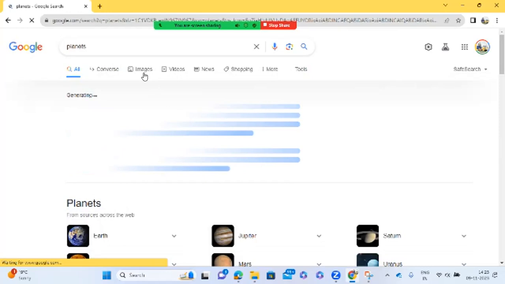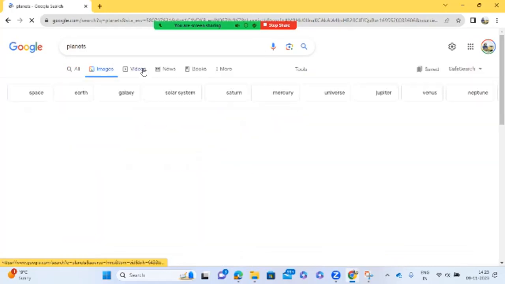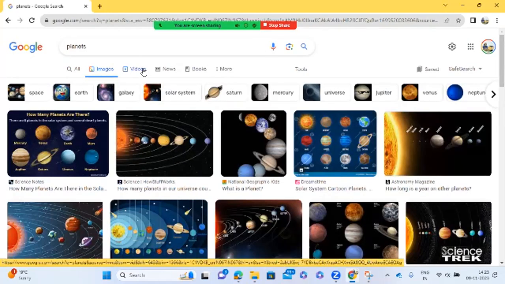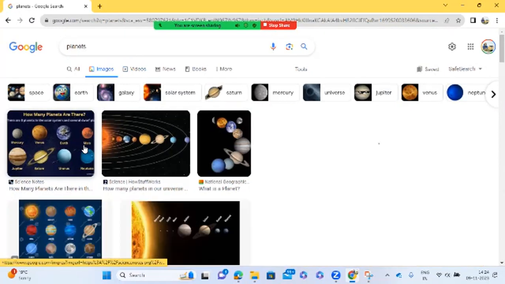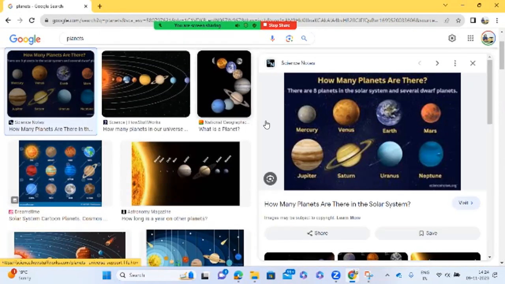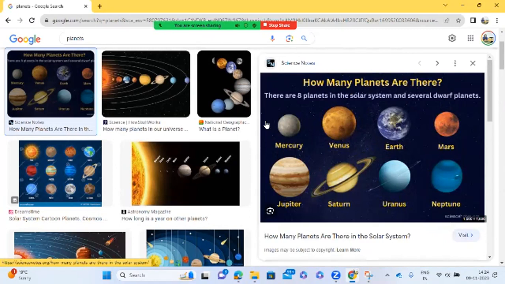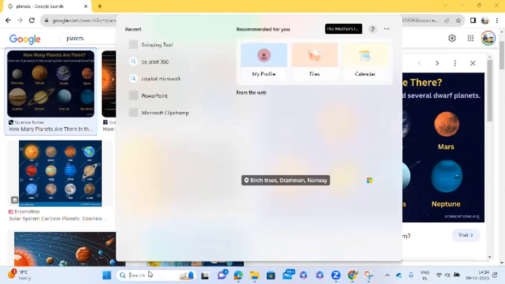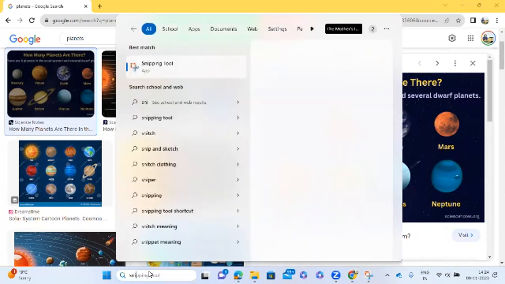So I'm going to take out some images, and let's say I have this image in front of me, and here we have how many planets there are. There are 8 planets, and here you have something written, science notes, etc. Now, how is this snipping tool useful? I'll tell you. Suppose you want to introduce this into your question paper,